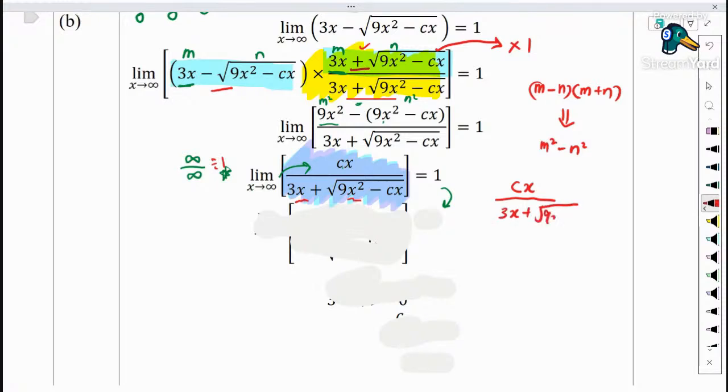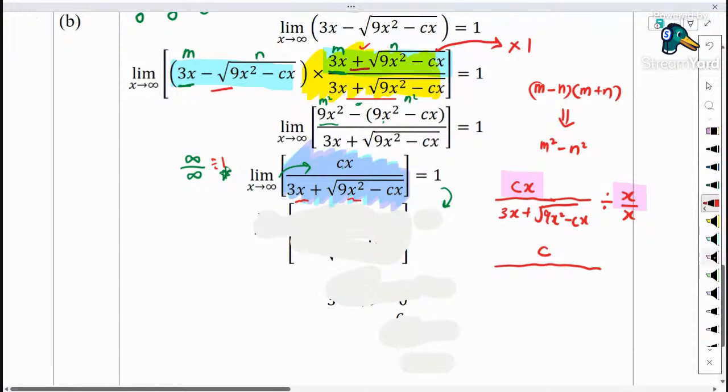What happens is that, okay, watch out carefully for the step-by-step calculations. I would like to divide by 1 in the form of x over x. So as a result of the divisions, for the top part that I highlighted in pink, you will find that the result of the division would be cx over x, which actually gives us the answer equivalent to c only. Then at the bottom part, each of the terms that I highlighted in yellow and blue,